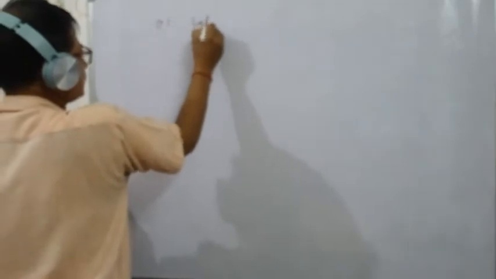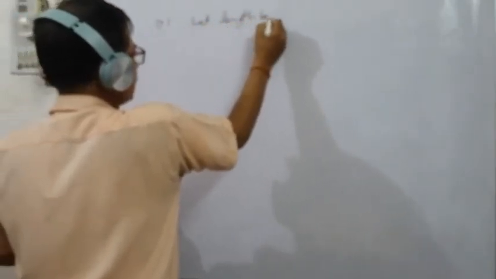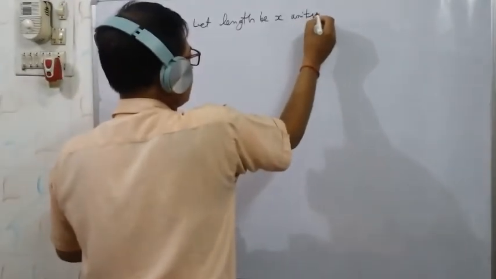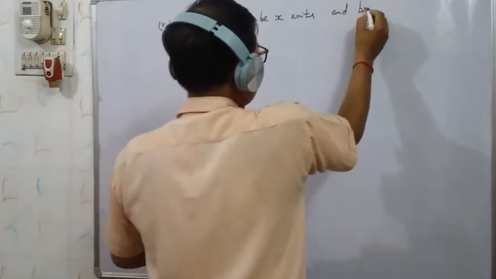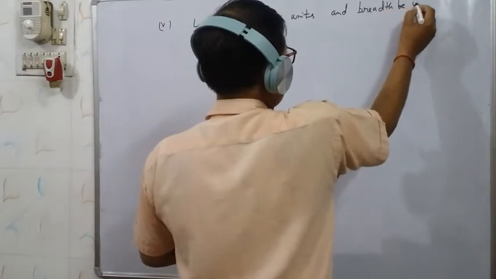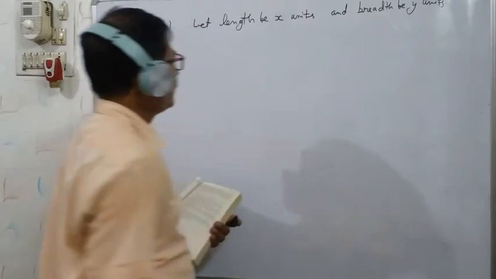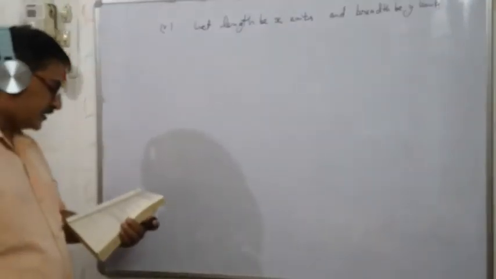Let length be x units because their unit is not given, and breadth be y units. Let length be x units and breadth be y units. Then after,